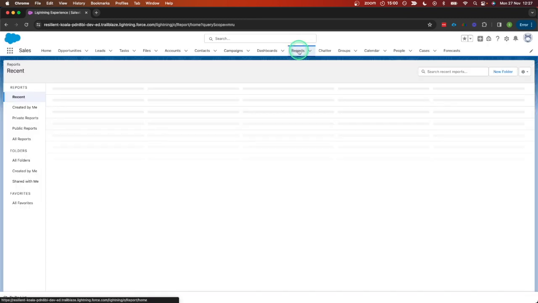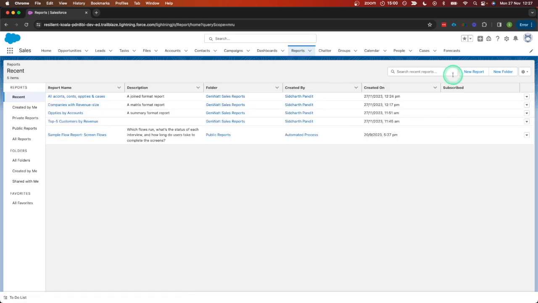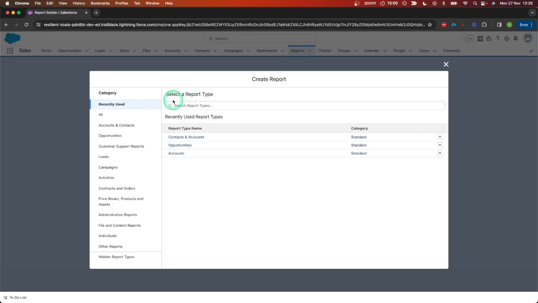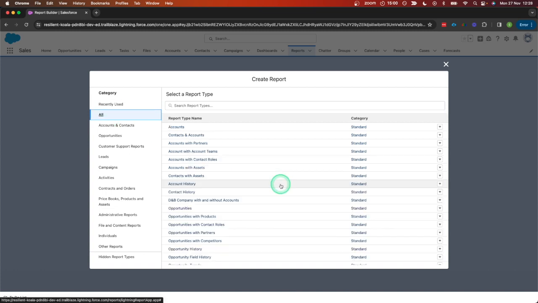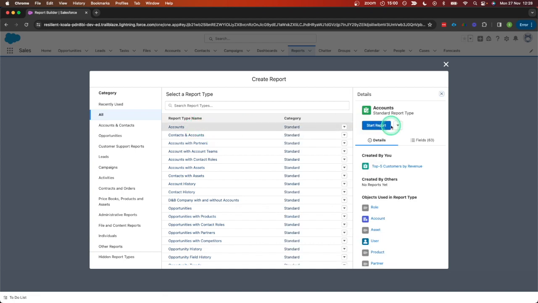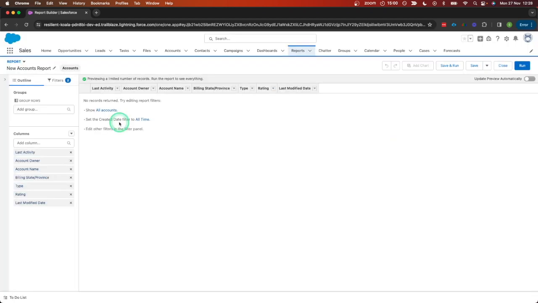So in Lightning, when you click on the reports tab, you will be able to create a new report by clicking the new report button. For the report type, you can choose all, and for account, select account, and then click on start report. All right, now Lightning UI shows options differently. What you see on the left-hand side are the columns. If you want to remove any column, you simply click on that cross icon. Okay, let's add the data first. You notice there is no data